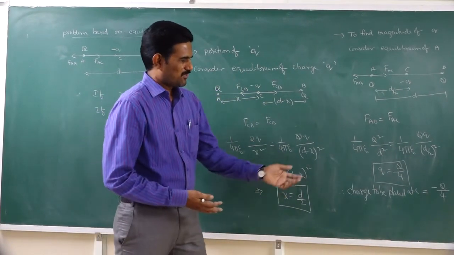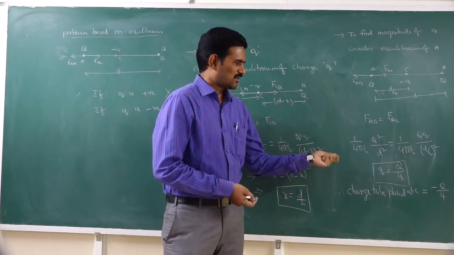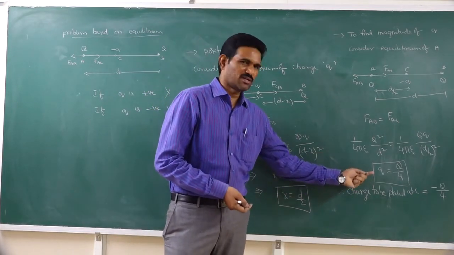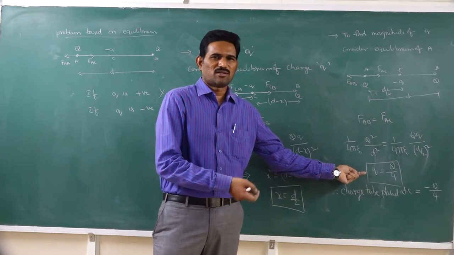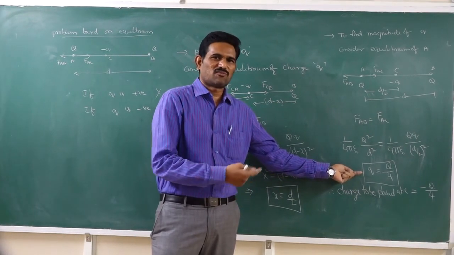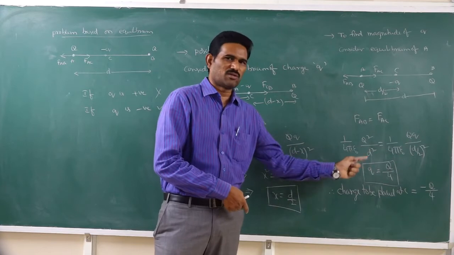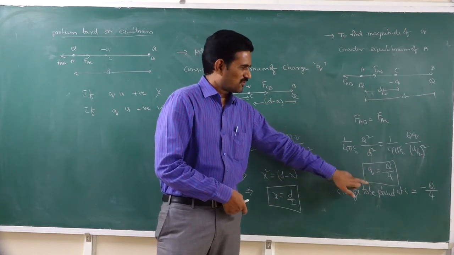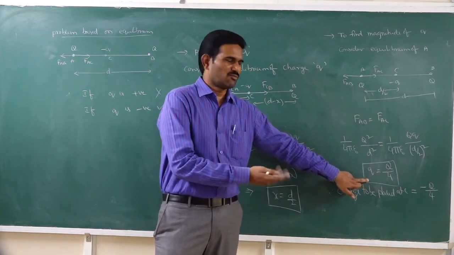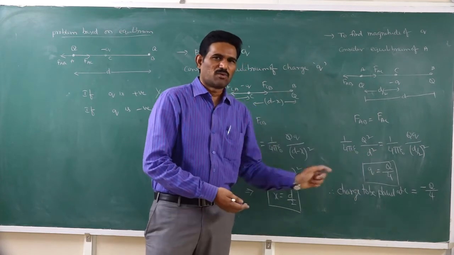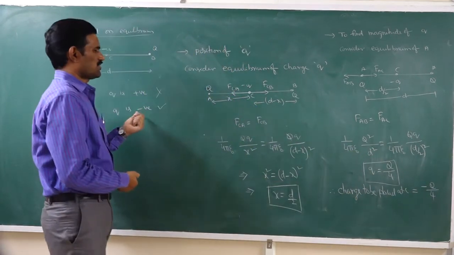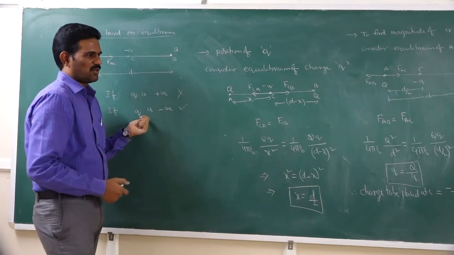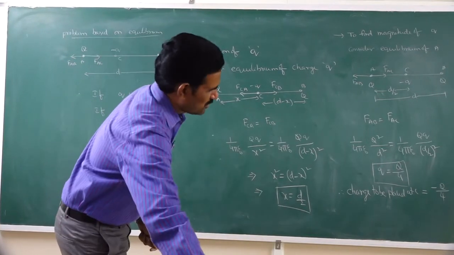And that means while answering this question, you should remember this point here. Because generally if such a question is there, in the first option itself they will give it as Q by 4. That means after doing the calculation up to this, you will directly answer Q by 4. But you should keep in mind that the charge must be a negative charge. So you should answer minus Q by 4. That's the important point you should remember.